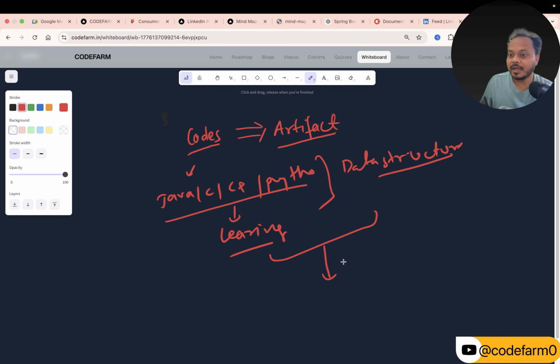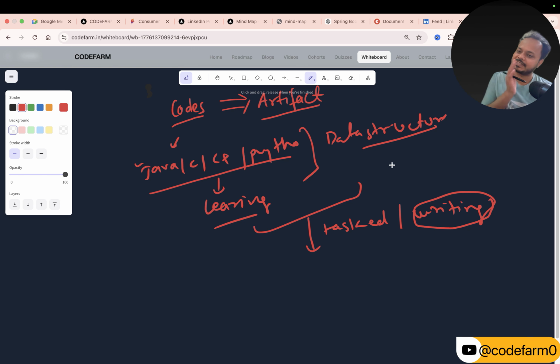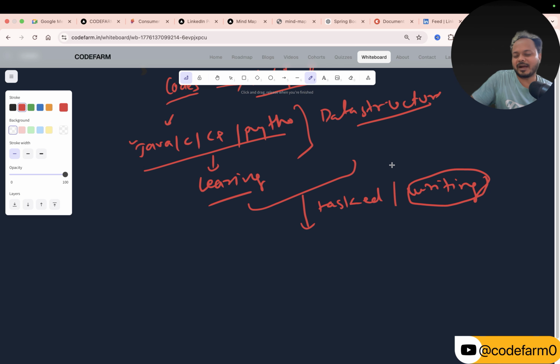Because we as programmers were tasked with writing the code. This is important, writing the code, right? When it is about writing the code, we should understand the internals of this, data structures, how to optimize and do all of that. So I want to go back to the very basics, when I was first learning these programming languages, not even programming languages but just about computers, right?